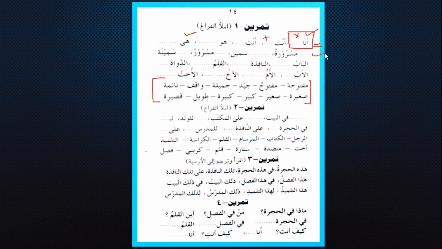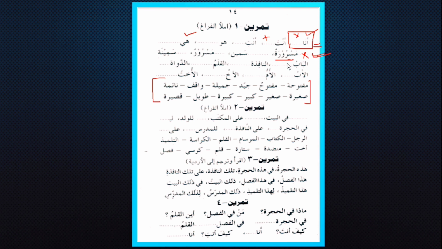But in the second line, we have the first place empty and the second word is given. That means mubtada is not there. Khabar has been given. Mubtada we have to bring from our own vocabulary or from the words given here. But that should be marifa, because if we are making a nominal sentence, that should begin with a marifa and the second word, which is khabar, that is nakira.